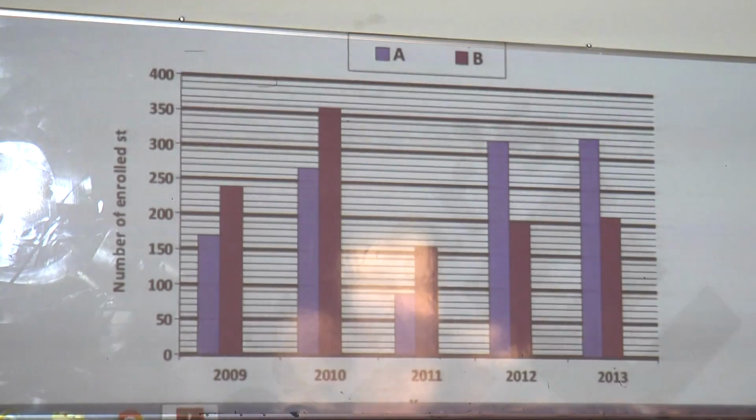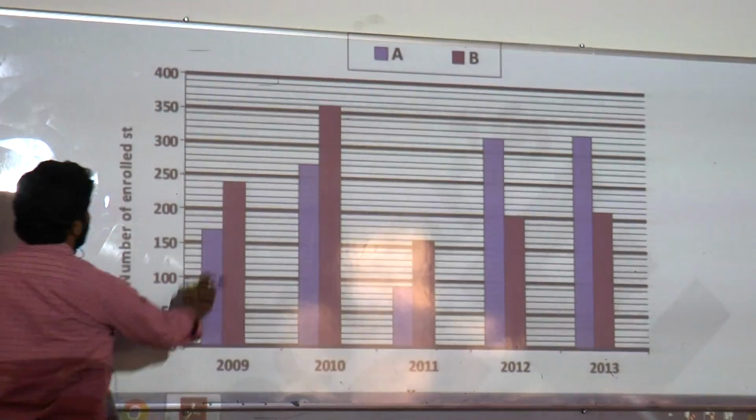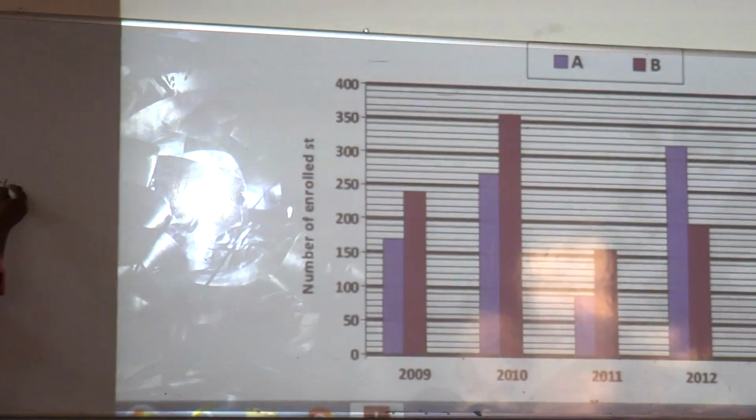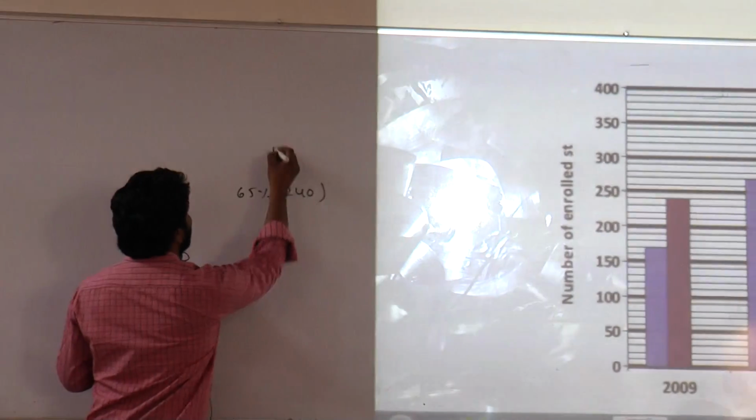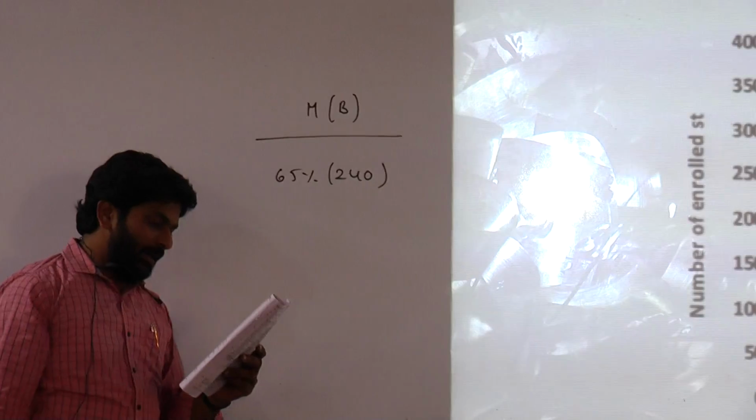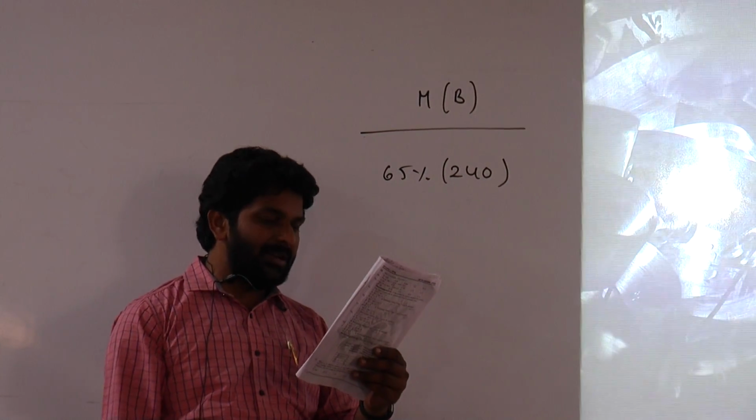In 2009, 65% of the students enrolled in Institute B were male. Institute B has 240 members, so 65% of 240 are males from school B. Next, the respective ratio between the number of male students enrolled in school A and B